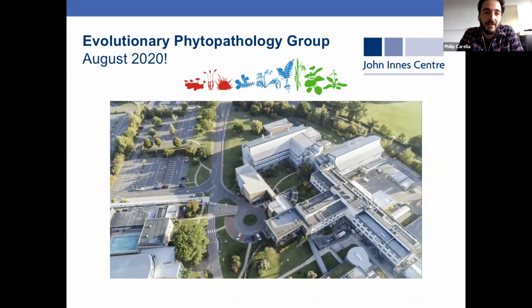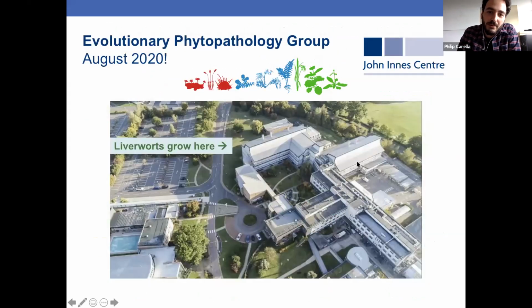I started August 2020, about a month ago, and this is what JIC looks like, and right, that's backwards. This is what JIC looks like, and here is where the liverworts will go. And with that, I'll just